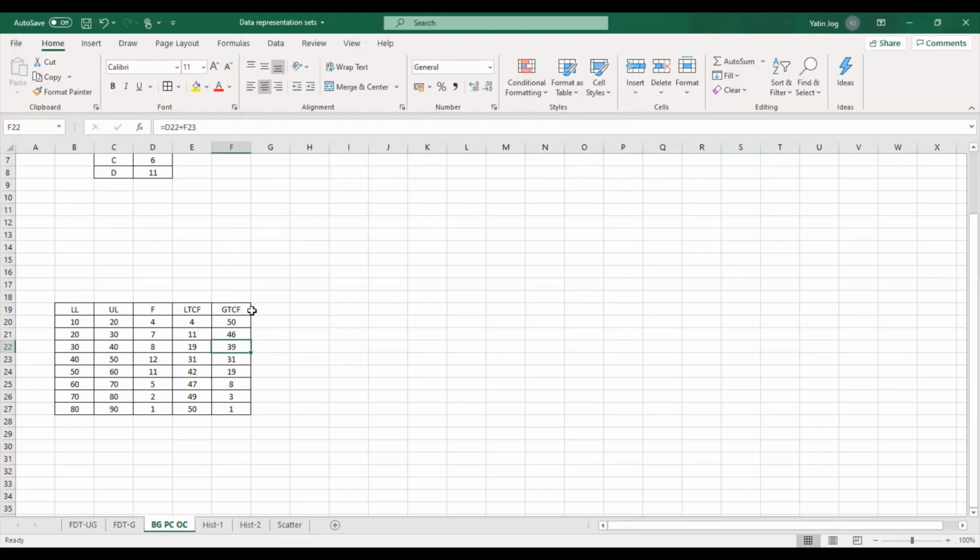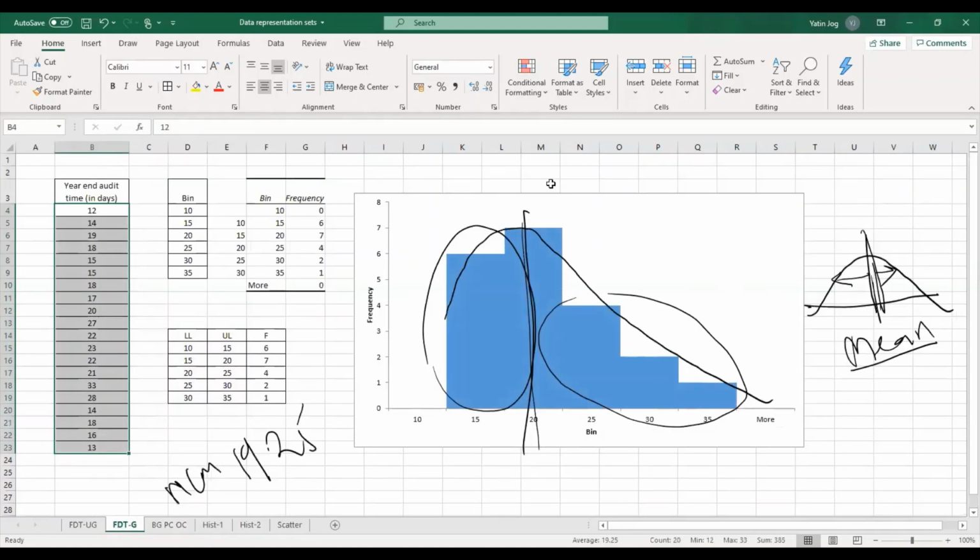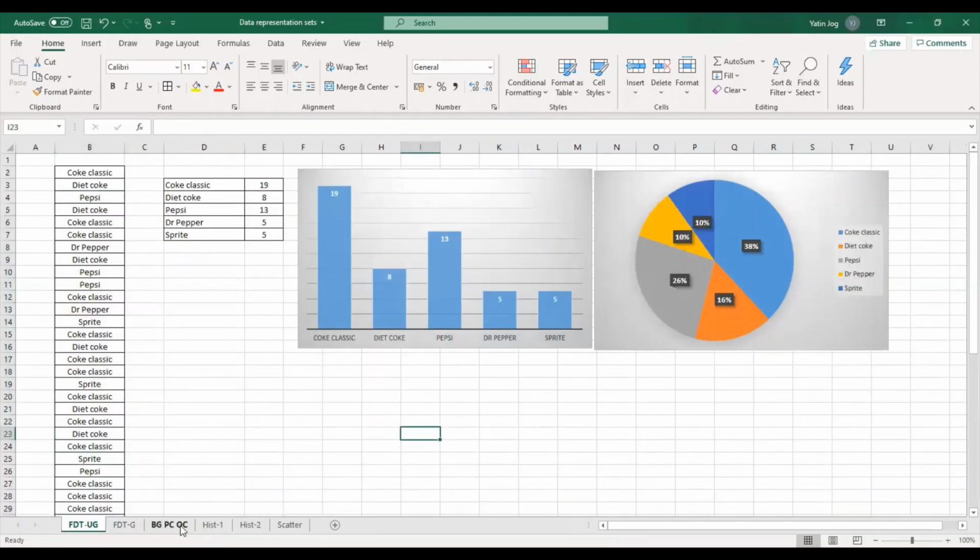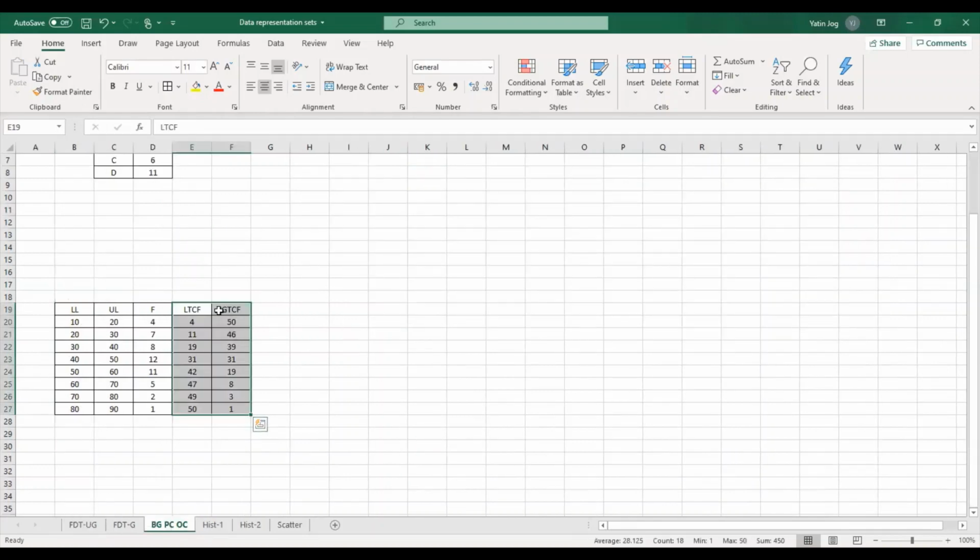So have you understood cumulative frequency? It's a simple concept. As the name suggests, it's a cumulative effect. I'm adding all the frequencies of all the class intervals one by one and creating that cumulative effect. That is the meaning of cumulative frequency. Now, based on this concept, we have a graphical representation of cumulative frequency. We have seen the graphical representation of group data in terms of histogram, and bar graph and pie chart for qualitative data. But there is a different type of data representation only for cumulative frequency, and that is called the Ogive curve.